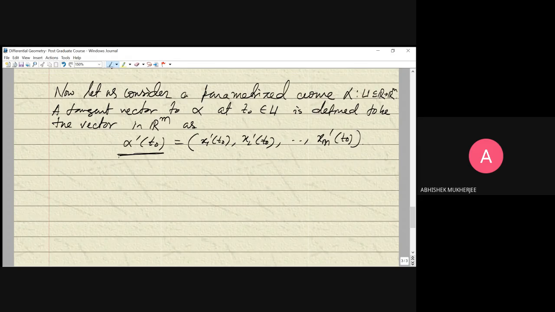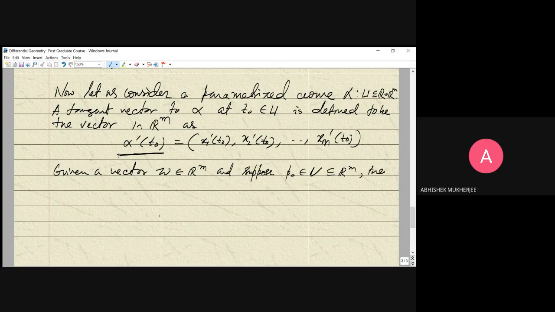And given a vector w belongs to Rm, okay, and suppose P naught be a point in an open set V subset of Rm,